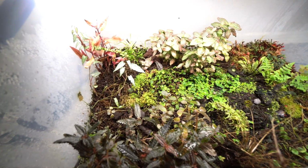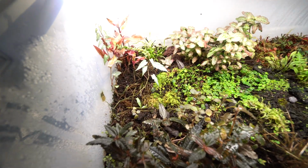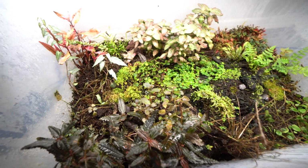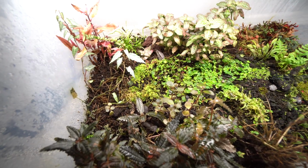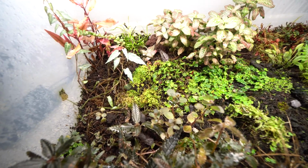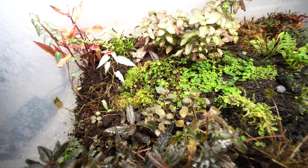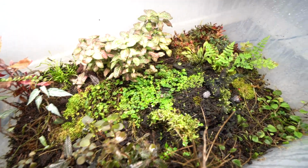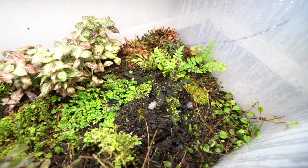So I've got all the paludarium plants in here. You can see they're all doing well. There are a few spots, maybe like the dwarf baby tears that was almost completely submerged in the water. It's kind of dried up a little bit, but it's bouncing back in its emersed state. It just takes a little bit of time, but everything is looking good in here. Eventually,